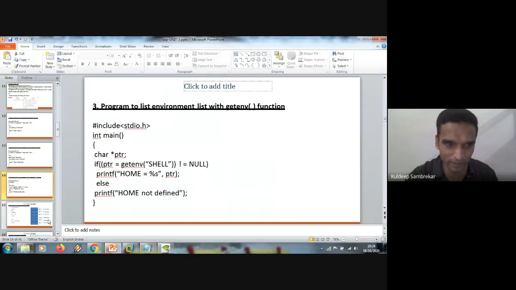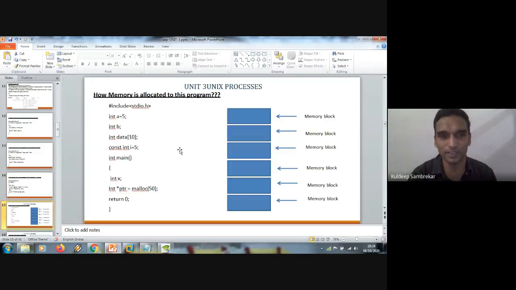Okay. Next is very interesting. Please pay attention. See this sample C program here now. You have a C program like I wrote something: #include <stdio.h>, int a equal to 5, int data 10, const int i equal to 5, main. So we know now whenever a C program is executed, memory is allocated to it. Now assume that these are the memory blocks in the memory, and when you write a C program like this,